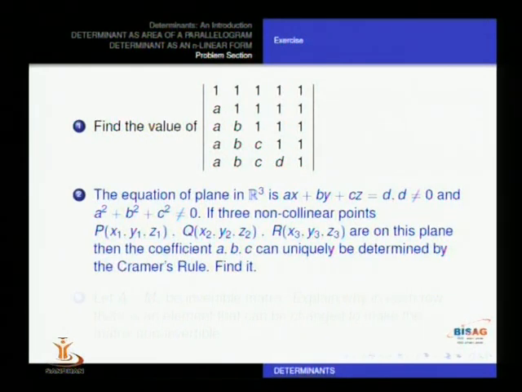That is, let us talk about point p. Point p has coordinates x1, y1, z1, so we can put x equal to x1, y equal to y1 and z equal to z1 in the equation of the plane where a, b, c are not known. So we will get the equation a x1 plus b y1 plus c z1 equal to d. Then similarly we can get another equation when we put q there, which will be a x2 plus b y2 plus c z2 equal to d, and similarly one more equation. So in this way we get 3 equations in 3 unknowns a, b, c. D is known, so we get 3 equations in 3 unknowns.